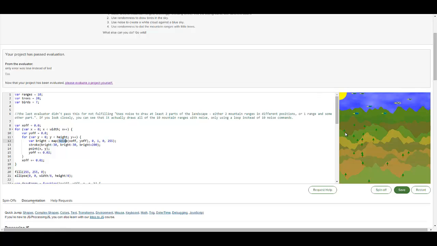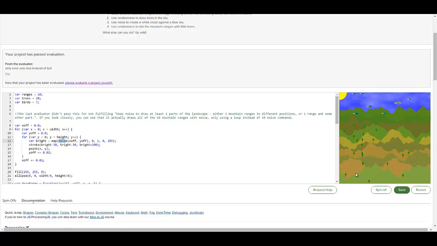Noise is basically what's it? Well, it was used in Tron, made by the guy that made the first Tron movie, to make things. For example, these clouds are made with noise, and these mountains too. So basically, noise isn't random, but it's similar to random.